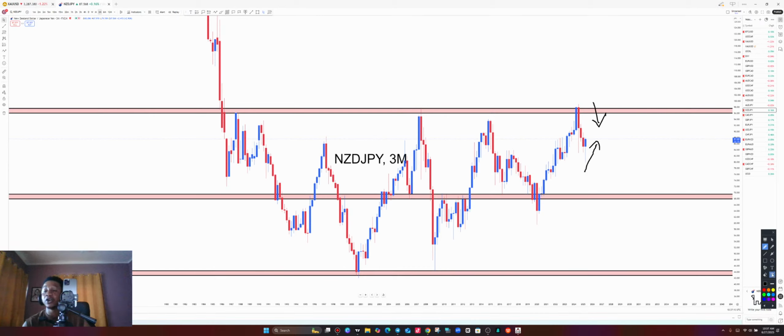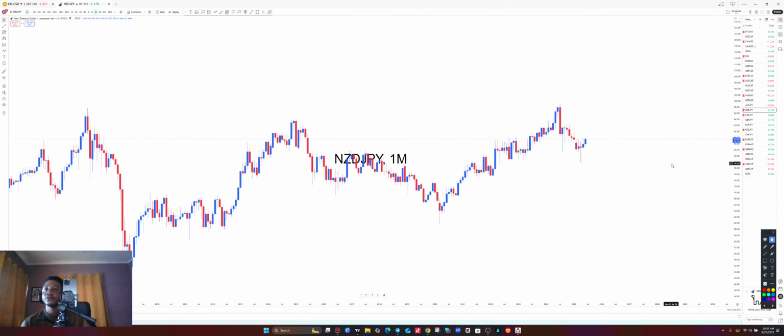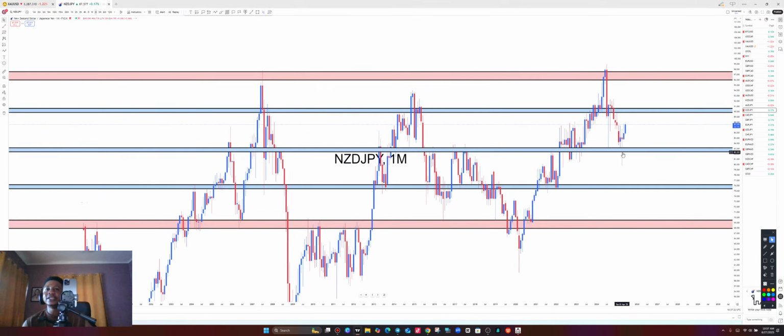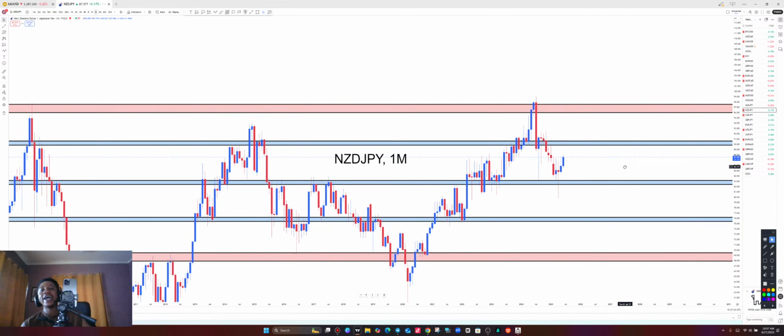Let's consult the weekly or the monthly time frame. So we are going to know what is exactly going on over here on the monthly time frame, to know if buyers are in control now or sellers are in control now, so that we can make the decision as to where to pick the entry. All right, let's take it all the way to the monthly time frame to continue with the flow of this analysis. All right, so this is the monthly time frame of NZD JPY.